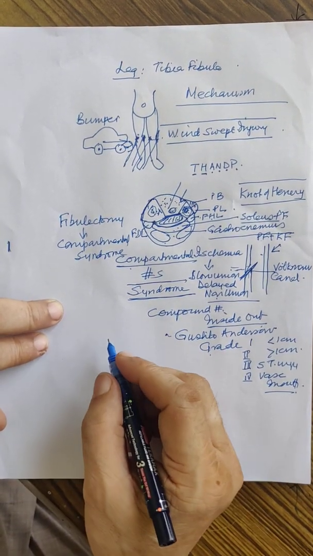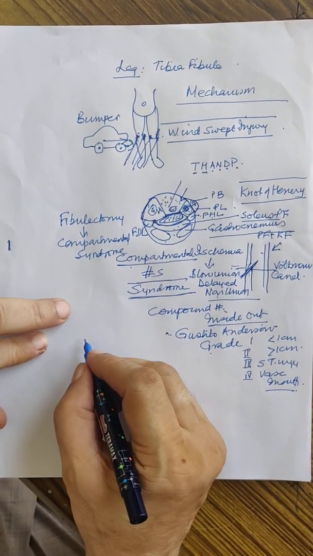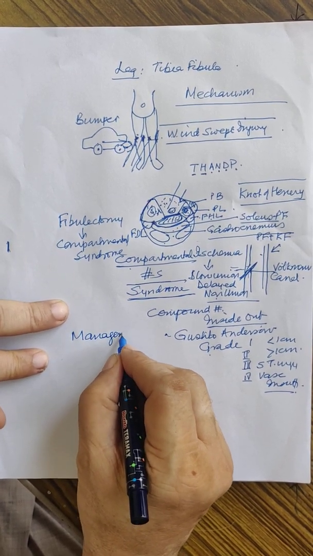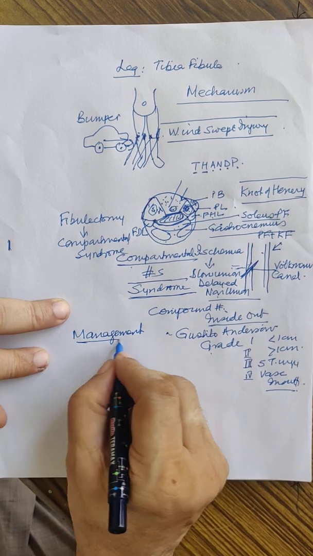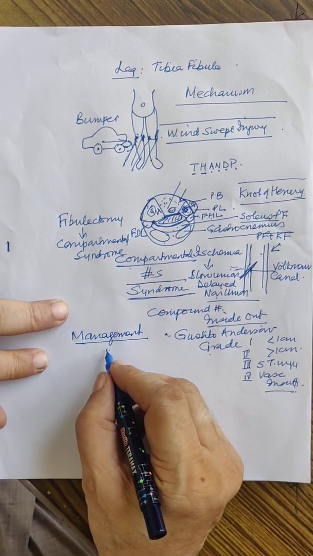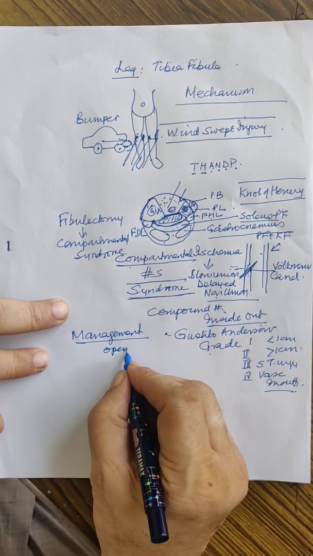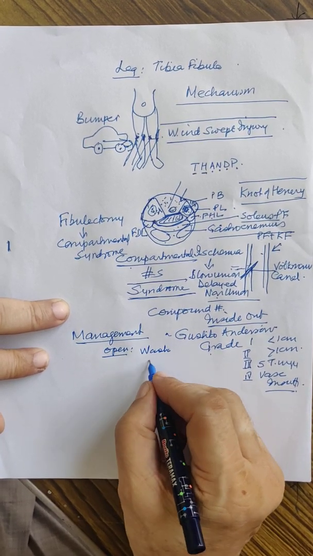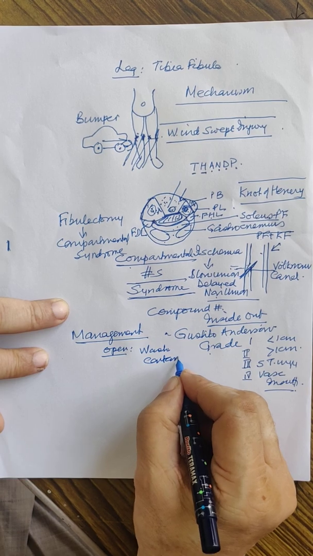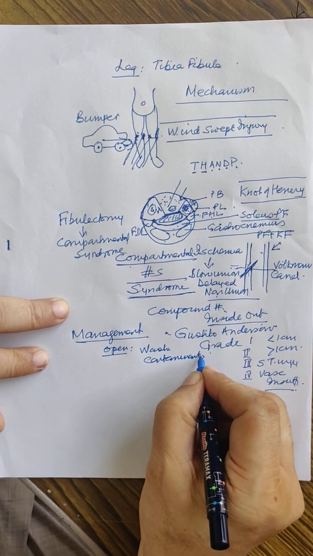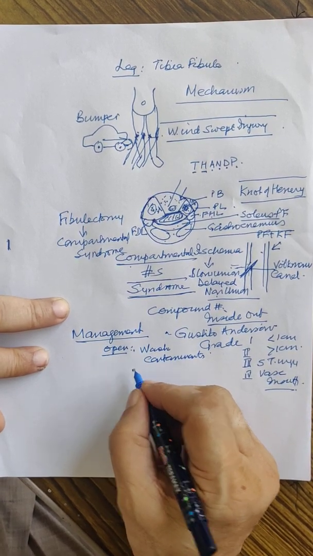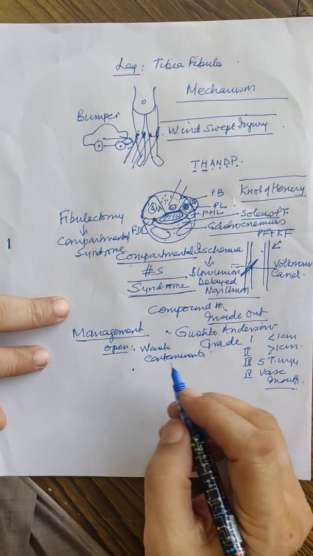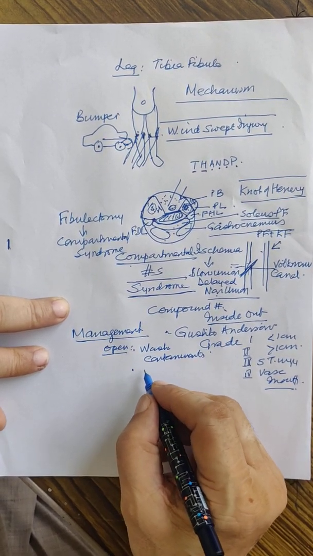Now, the management of these fractures. The first thing is that they are compound, usually open, and therefore you have to wash them to take off the contaminants, because for the first 6 hours there is contamination, not infection. If you wash them early, the contaminants are off. Then you have to